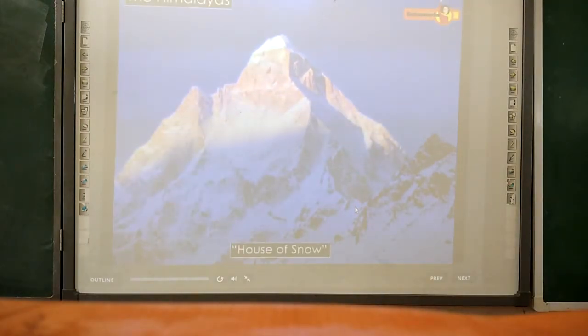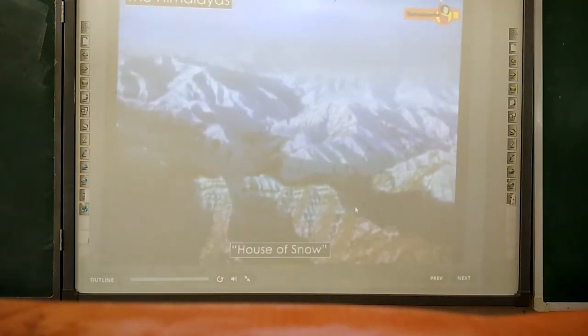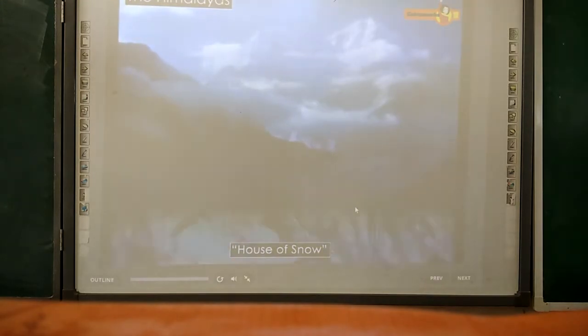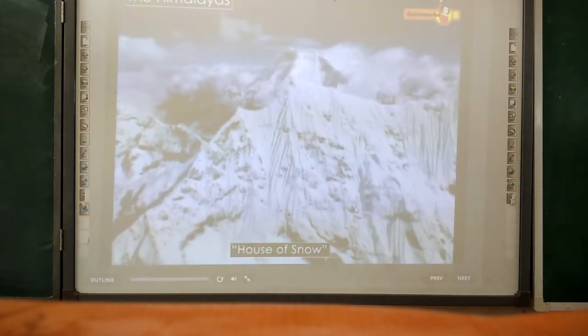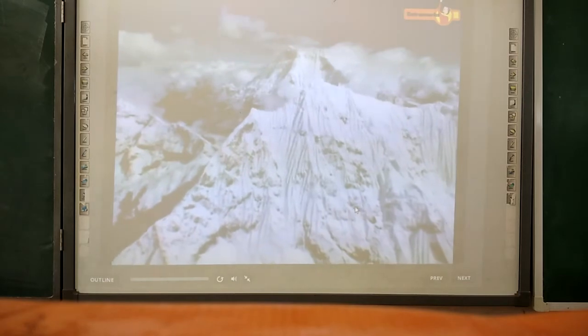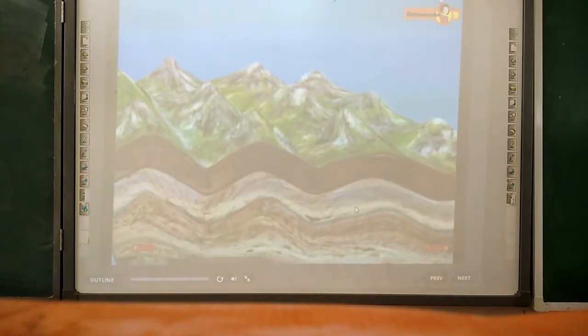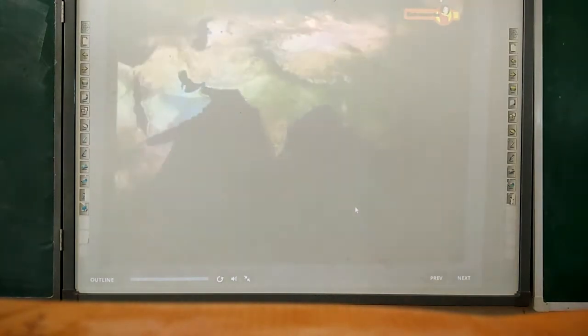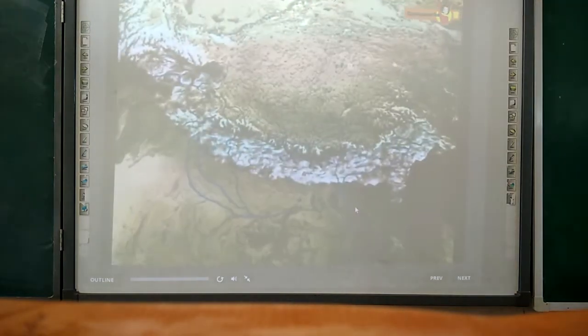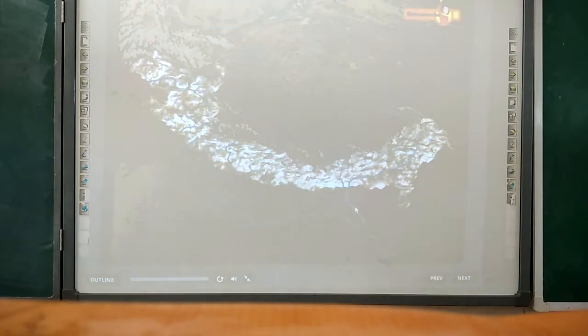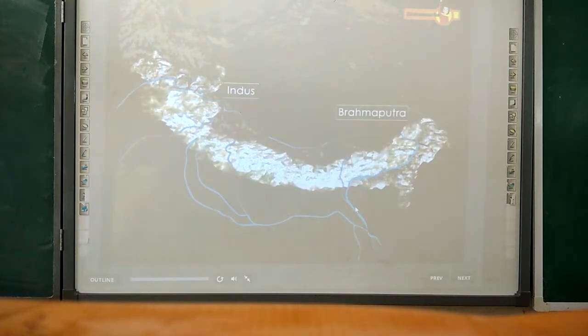The name Himalaya is derived from Sanskrit and means house of snow. The Himalayas are the fourth mountains and are young as compared to other mountains. The Himalaya mountain range is the highest on earth. It extends from the river Indus in the west to the Brahmaputra in the east, forming an arc of about 2400